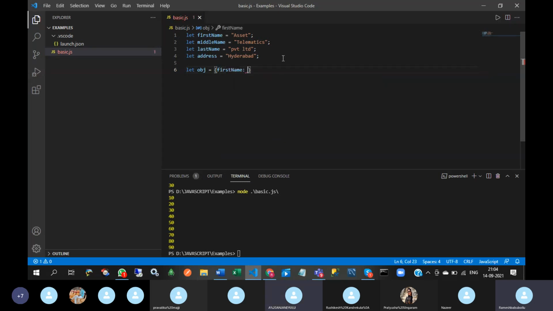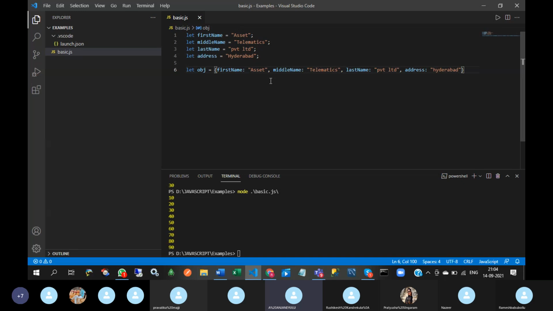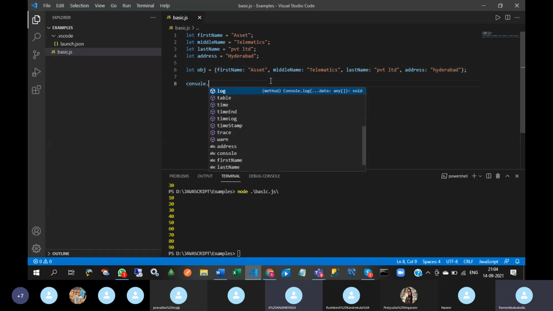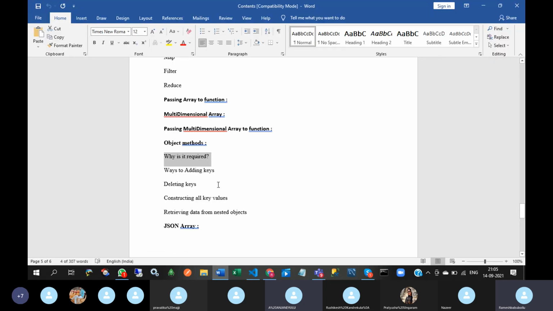First name, middle name, Telematics, last name, address. So this is why it is required.